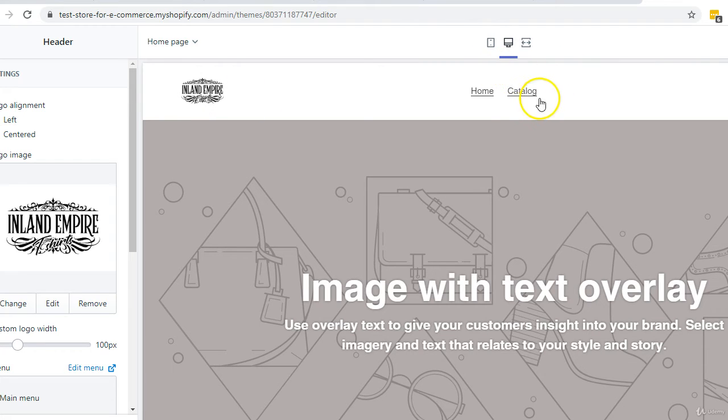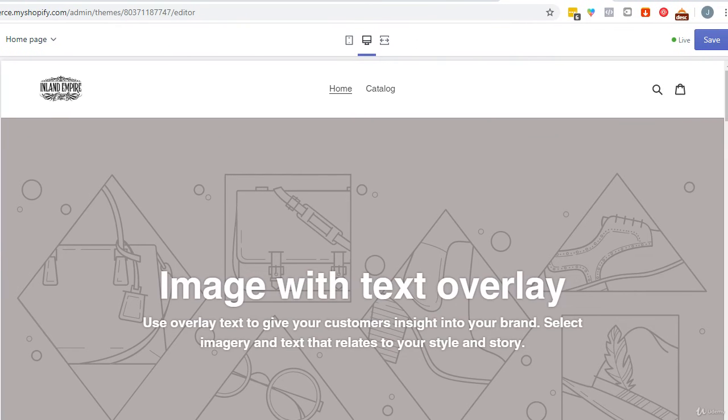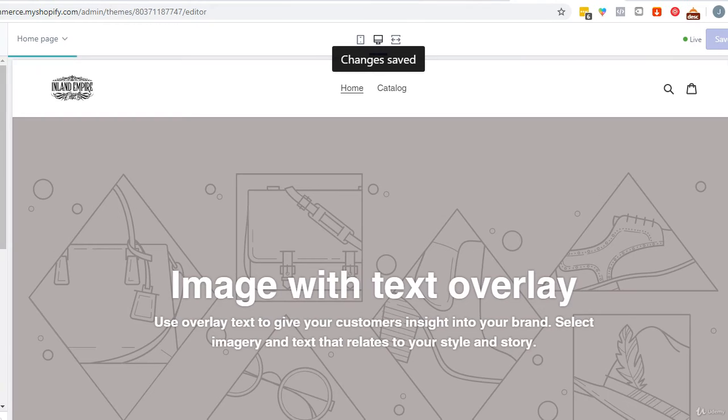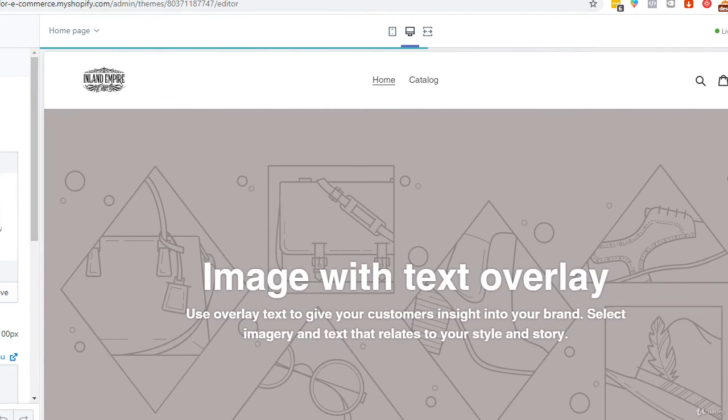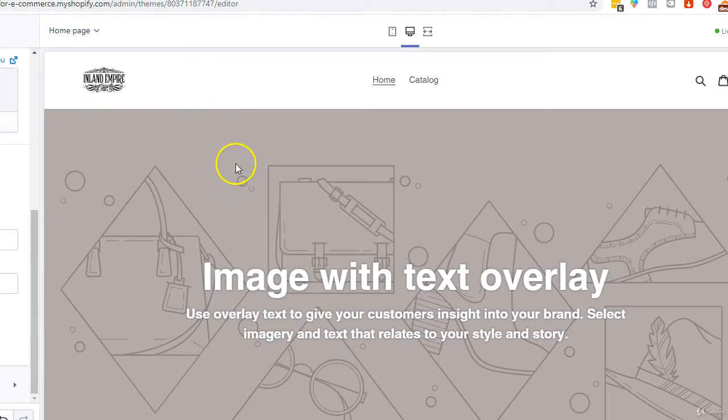Okay. We'll go into menu in a minute, because we're going to have to add some things before we can do a menu. Then we could go over here. Let's go over here, and there's a save button, and click save. Okay. So we save that. Now, each one of these are going to have different sections. So let's go back to show you how to add things in here, because we're going to want to add some